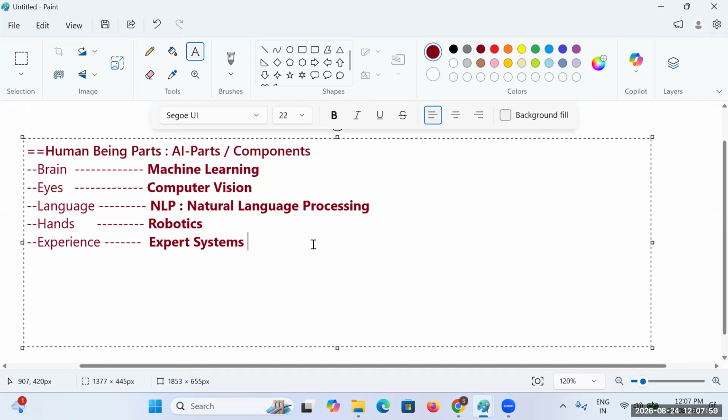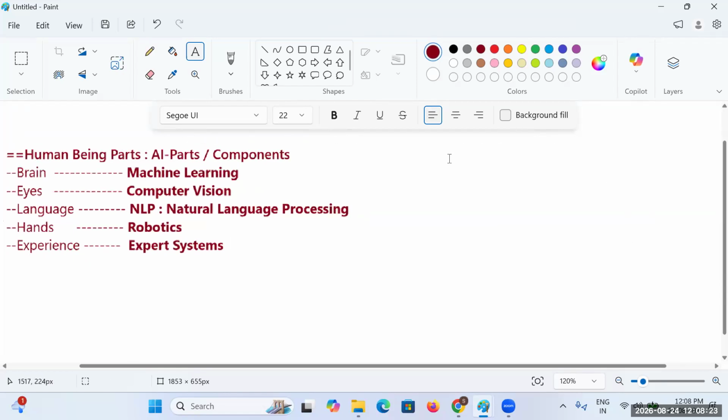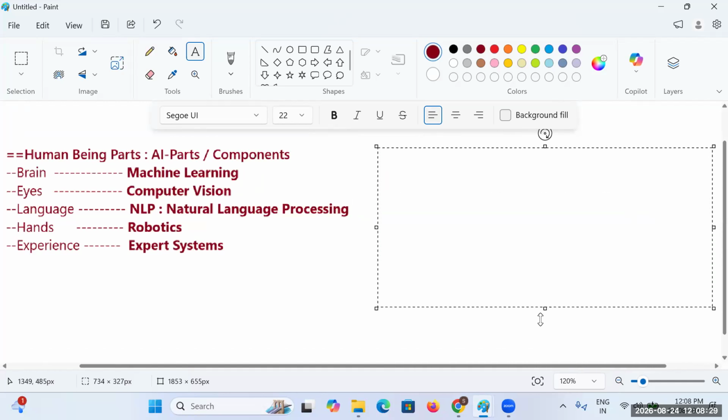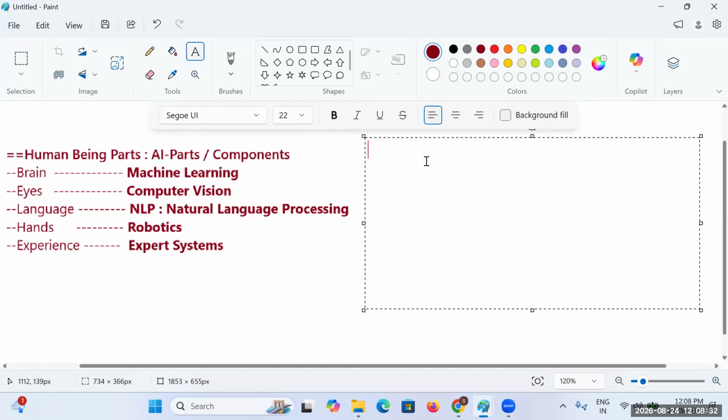So this is what the AI components look like. This is just a basic introduction, guys. In detail, we have a lot of main components and their sub-components that we have to understand, and we'll be discussing them. Now, to understand these components in an easy way, you can take the example of a self-driving car.